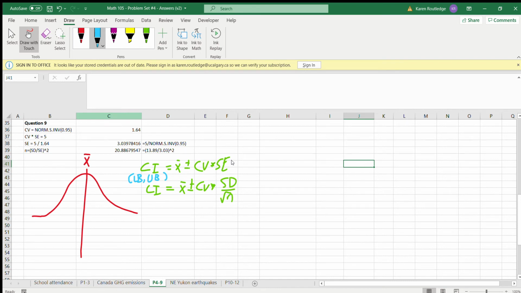We'll ultimately want that, and we'll ultimately calculate that, but we have to take another step back first and find a different equation that has a standard error in it. We have one of those also, and that is the